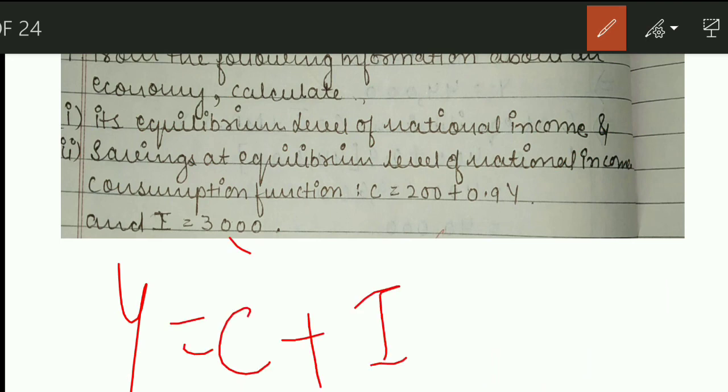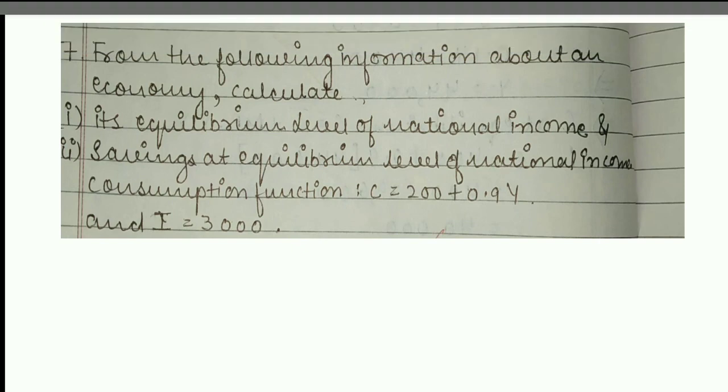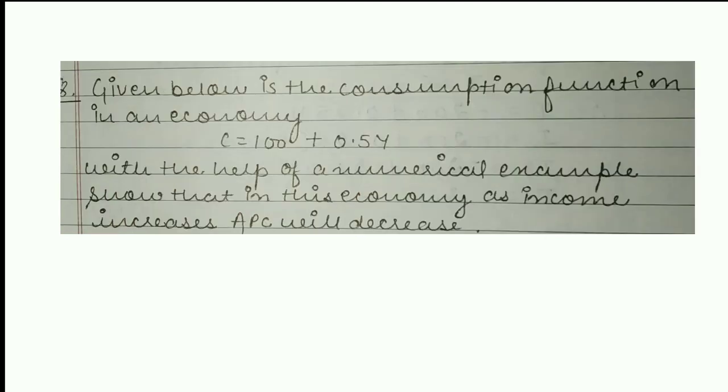Okay, and after that you know that income is equal to consumption plus investment. You have 3,000, and income you will find after solving that equation, and you can get the value of consumption. So I hope this is also clear to you, right? For the sake of your convenience, remember that the answer you will get for income will be 32,000, right? And the answer that you will get for your consumption will be equal to 29,000. All right, so remember these two things. Now coming to the next question,